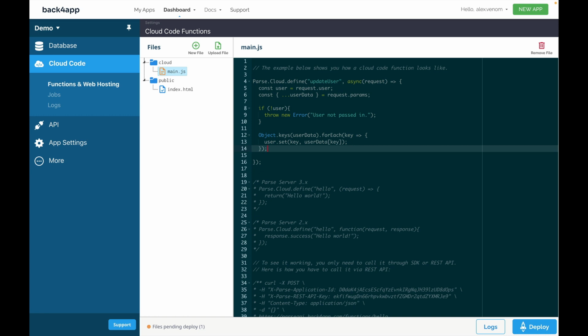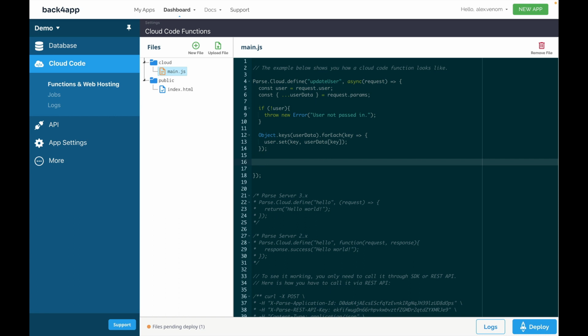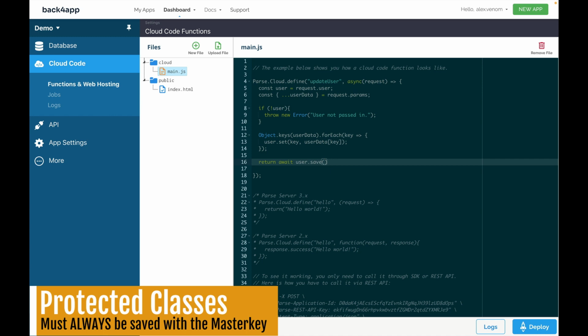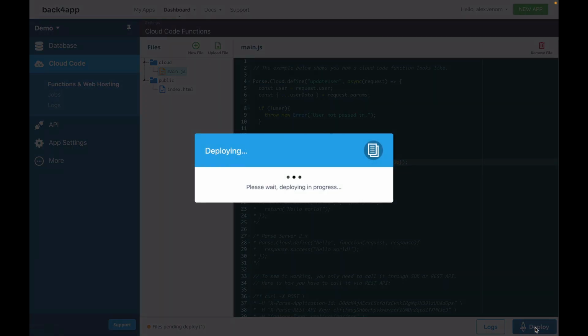Now, once this loops through, and it will loop through all keys that I have in my user data object, I need to actually save that user with the new values. So we're going to return await, because this will be an asynchronous call, user.save. And as we are working in the user class, which is a protected class in Parse, it will need to pass in the access key so Cloud Code can have access to the protected objects. So the first parameter is null, and the second one is useMasterKey true. And this should be good to go. So if I deploy this,